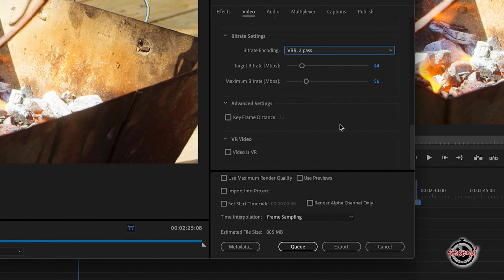To compress, we can choose the lower quality 1-pass export option and take the target bitrate down to 35 megabytes per second, which will reduce our exported file size even further. Going below 35, we'll start to see a loss of quality,